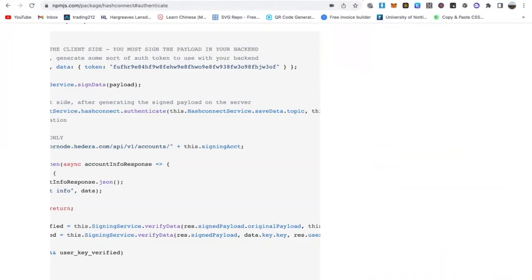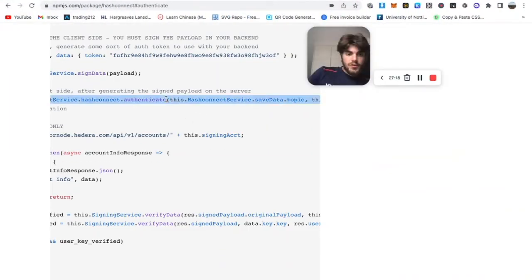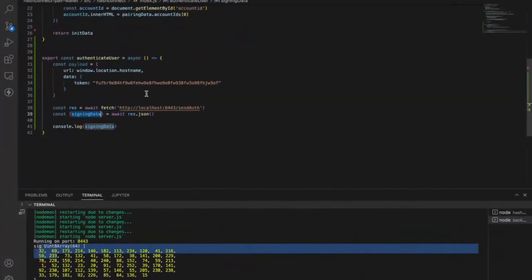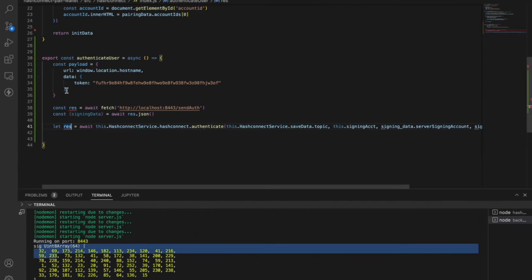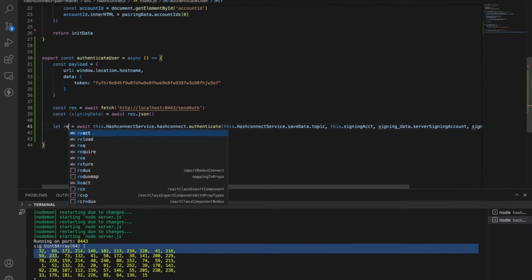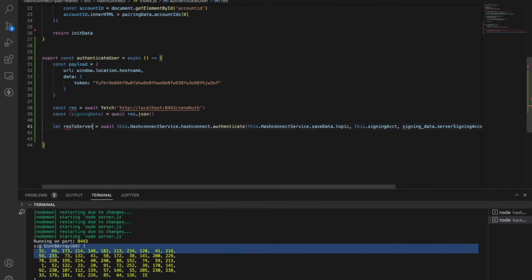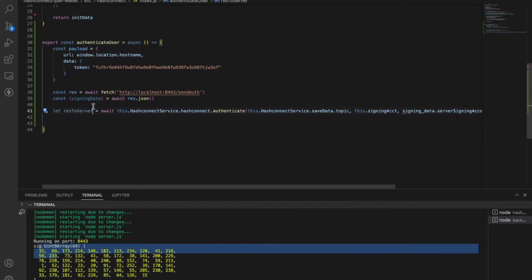Okay, right. Let's head back over to the docs. Sorry for the sporadic nature of this. So I'm just going to paste in this, which is going to be what we send back to the server. Actually, let's just call it toServer. Okay, so we don't have that. Hashconnect dot authenticate,